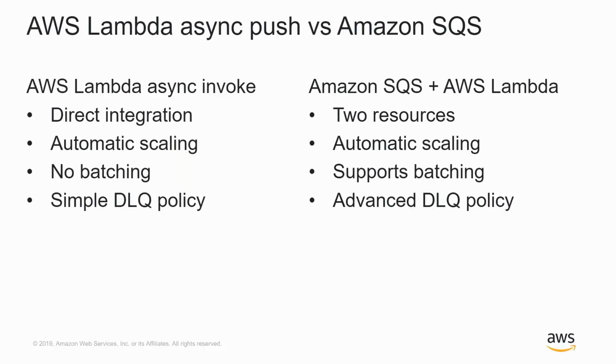to process it. With a Lambda async invoke, the message will be retried up to 2 times, so three times in total, and you can configure a DLQ destination, and after those 3 attempts the message can be moved over there. If you didn't configure a DLQ destination, then the message that failed twice in the async invoke will just be removed and dropped. Whereas when you combine SQS and Lambda, you have access to a more rich DLQ policy